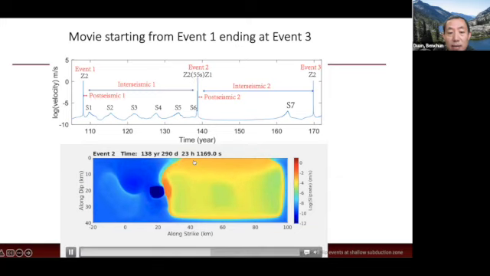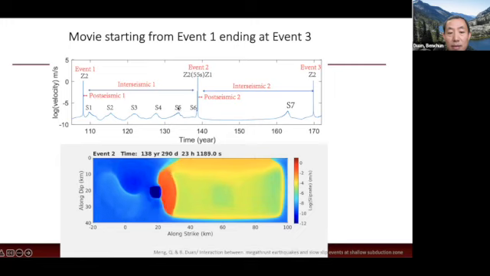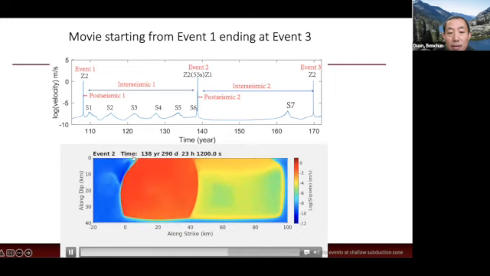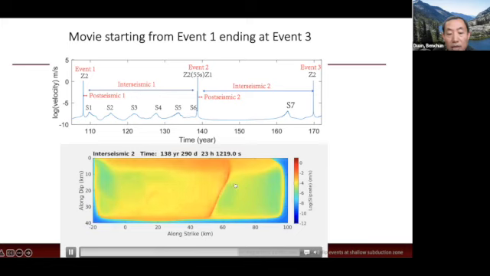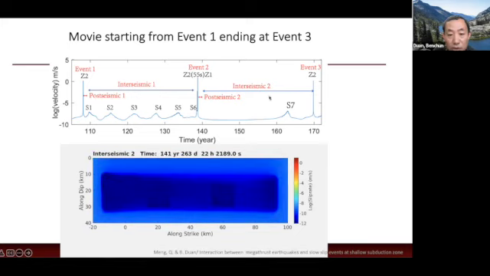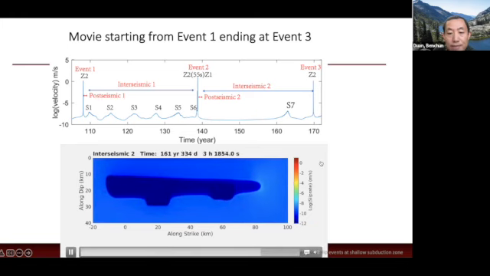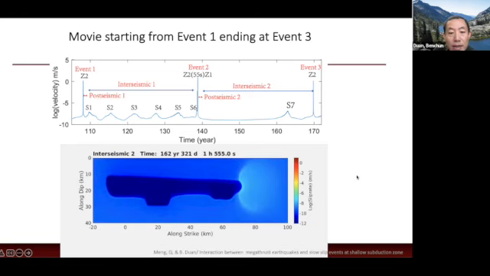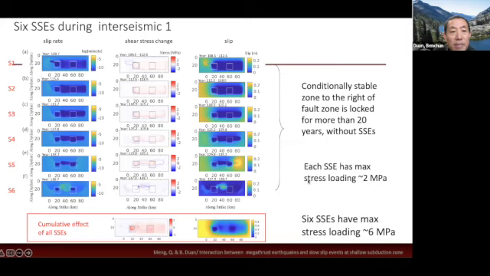Finally, all the wave effect breaks this Z1, so it makes this event a larger one, so it ruptures the whole fault plane. And after that, you get into the post-seismic and interseismic periods of event 2, and you get another event. Probably good enough. And this tries to show some details of what happens before event 2, this SSE,